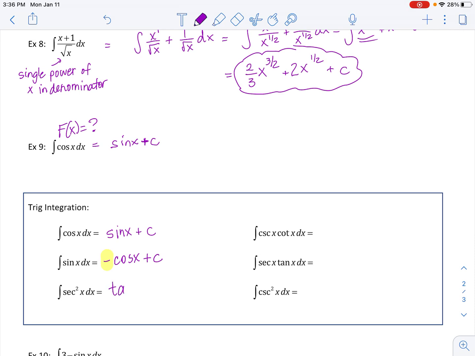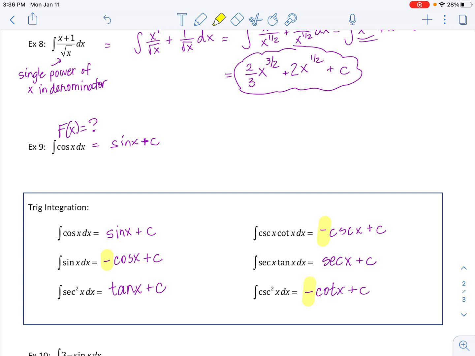Keep going. Integral of secant squared is tangent of x plus c. Integral of cosecant cotangent is negative cosecant x plus c. Integral of secant x tangent x is secant x plus c. And the integral of cosecant squared x is negative cotangent x plus c. You'll notice that all of the answers that have a co in them, the cosine, the cosecant, the cotangent that I've highlighted, all of those co-trig functions are the ones that change signs. So I know it says negative here,